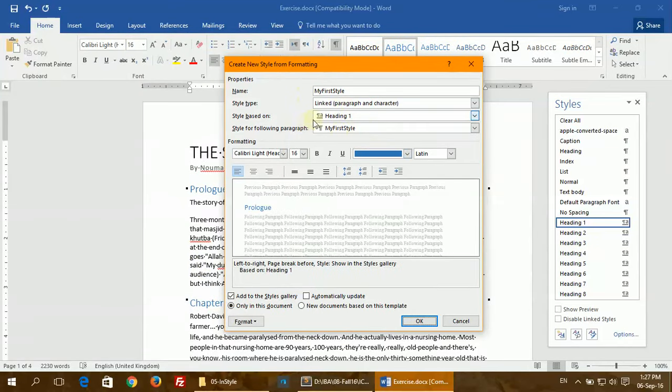And I change the style type from linked to paragraph, because I want my style to be applied to the whole heading, and because there are page breaks in it, it won't make much sense to use this style as a character style within a paragraph. And I click OK,